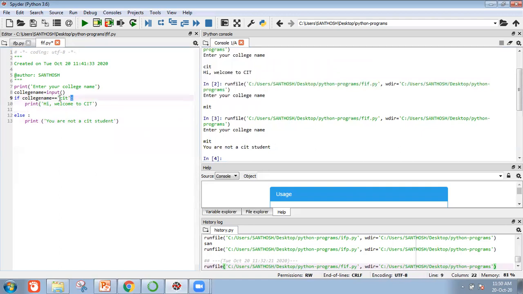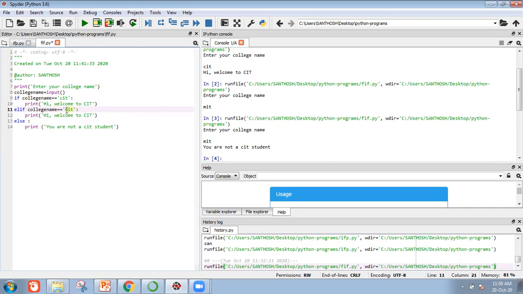Now here you see, the same thing I'm using again. How do you type your elif condition? elif, then you type a condition. After that you give one white space and then the same condition, checking the college name CIT. Instead of CIT, I change this one as MIT.